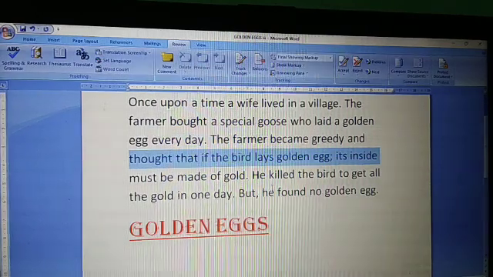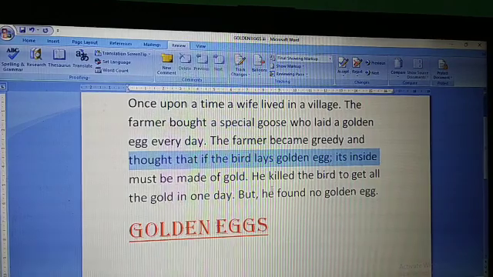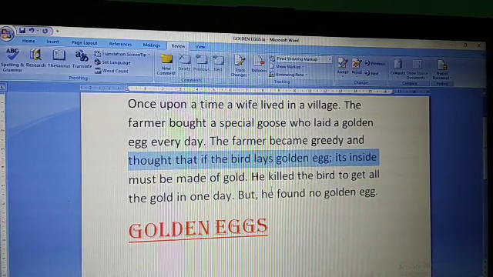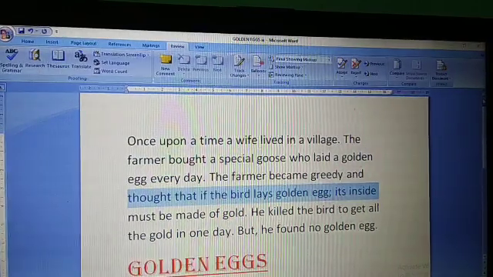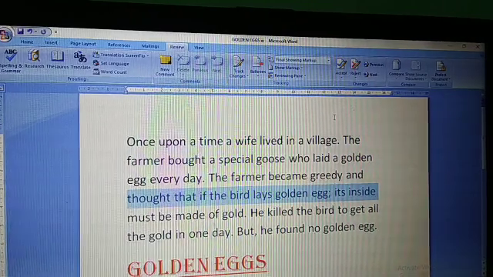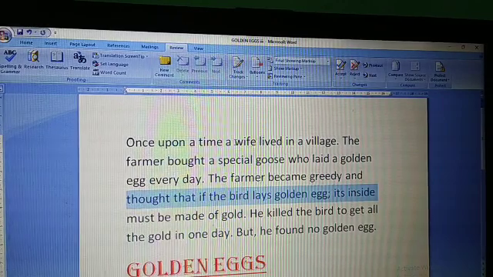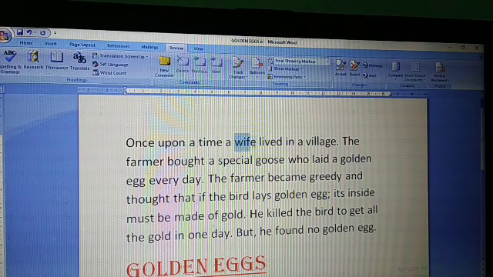Now synonyms. Synonyms means, you know it, words with similar meanings. If you want to change a word with its synonym, suppose this word, wife. Select this word wife.